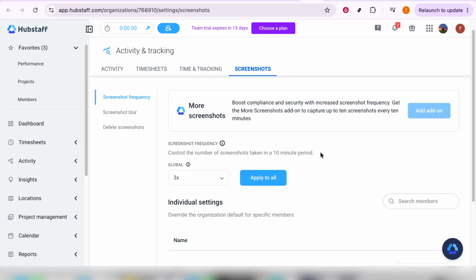Keep in mind, selecting the best screenshot frequency for your team can offer a combination of effective monitoring while maintaining team trust and motivation. You might choose more frequent screenshots for high security projects or rare screenshots for teams that require more autonomy. Once you have selected your preferred screenshot frequency from the available options, make sure to save any changes you've made before exiting the settings menu. This ensures that your preferences are